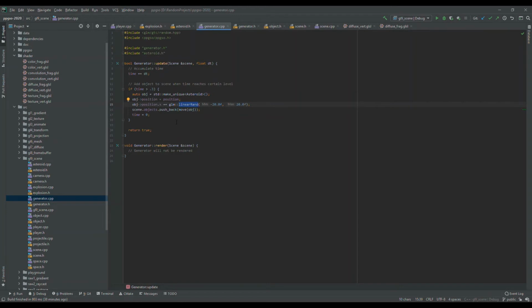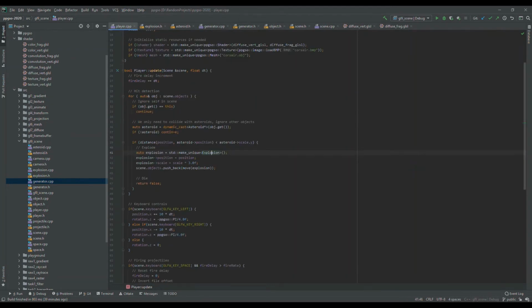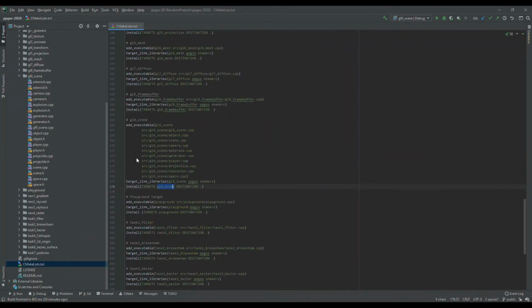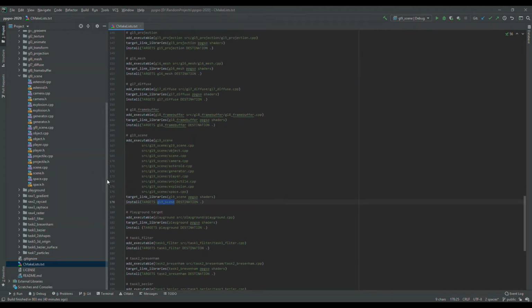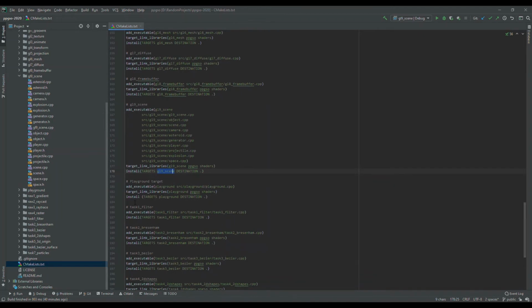Okay, so that is probably most of these objects. What I am going to try to do, we'll see in the next part. And the next part is about trying to implement a new object that should be rendered in the scene. To get there, we first need to download an object,